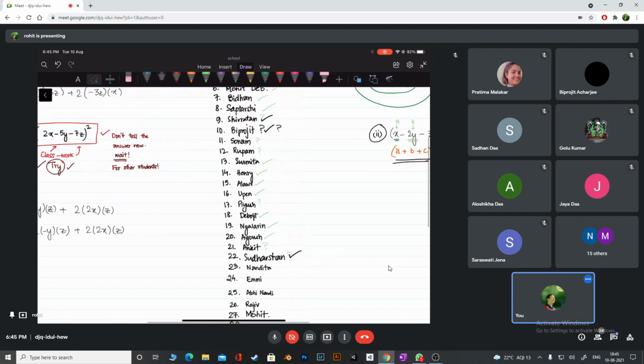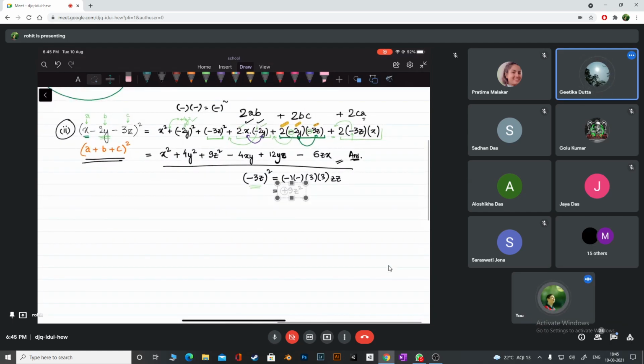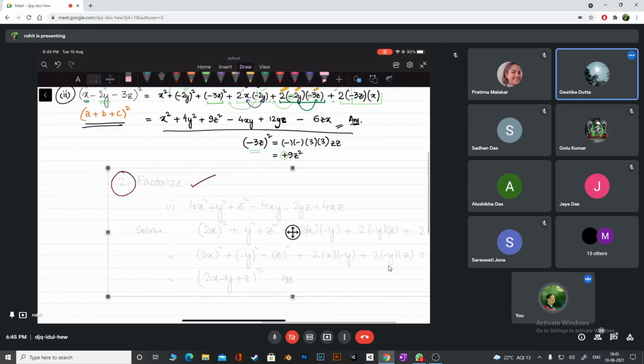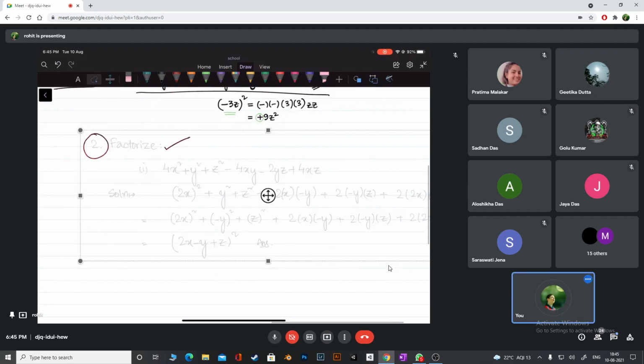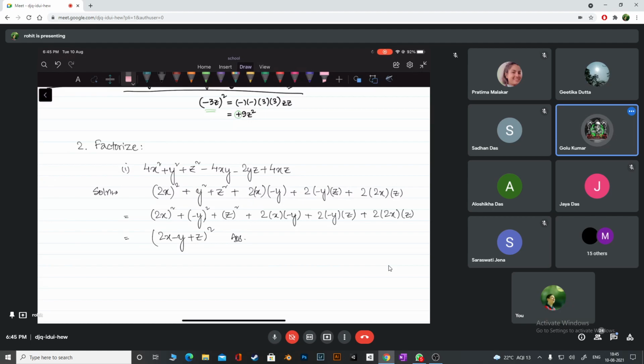I've done number 3, but suddenly my network was disconnected. Okay, no problem. I will send you now or afterwards. Afterwards you send, no problem, okay? But today only you send, not tomorrow. Those who have not submitted, I'll write them, did not submit assignment, did not submit the classwork. Okay, I will check.